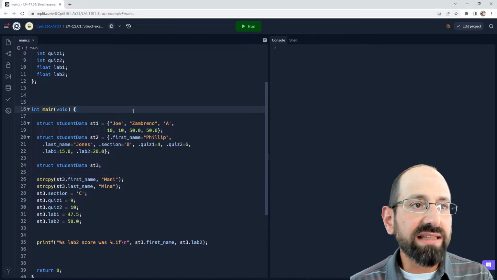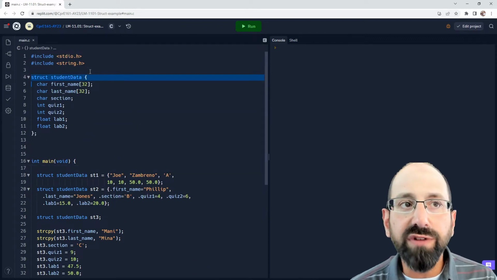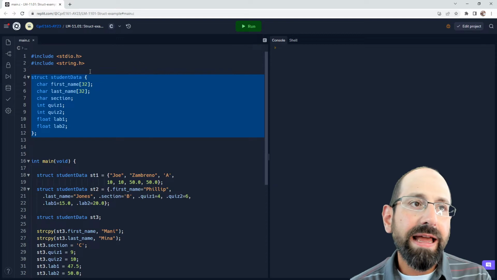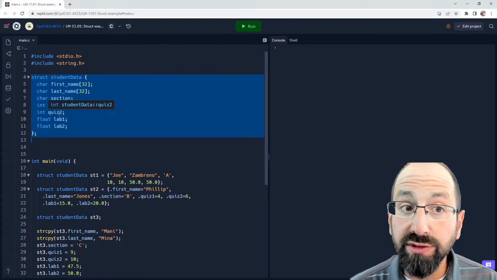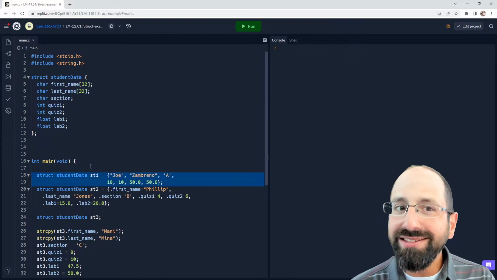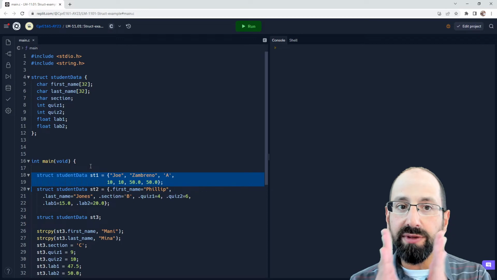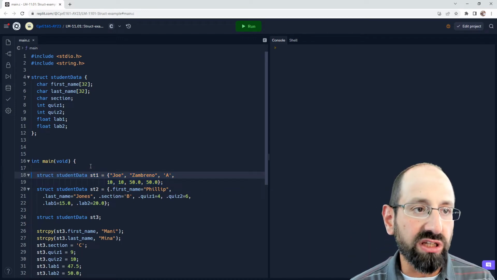So this code is exactly the same as what was being shown on those slides. First, we have our structure definition here of student data that just specifies the individual components we have associated with it. And we have an example of relative location initialization, where it's just going to go from element to element in order